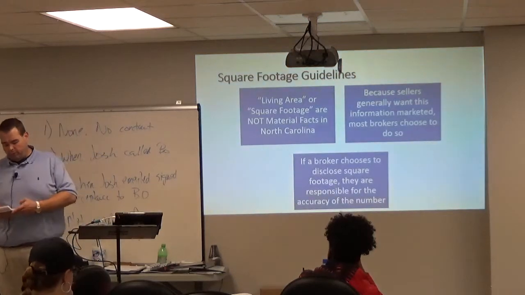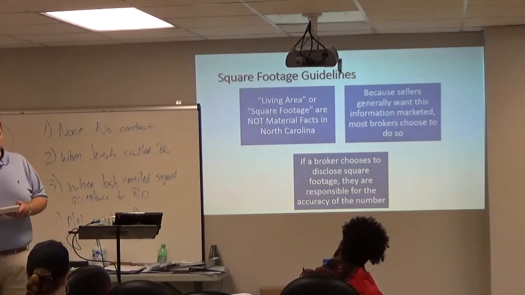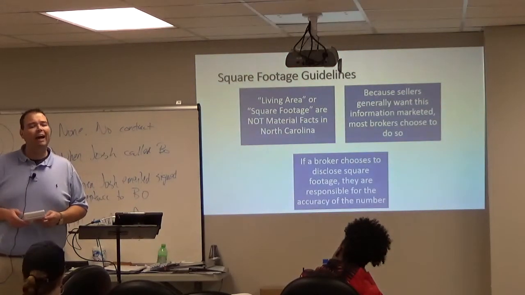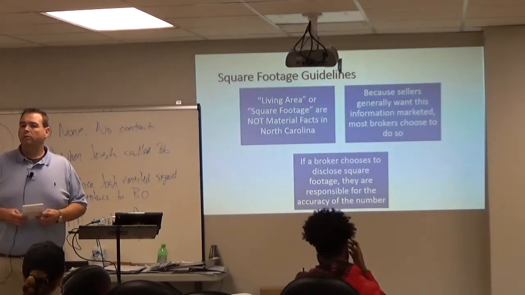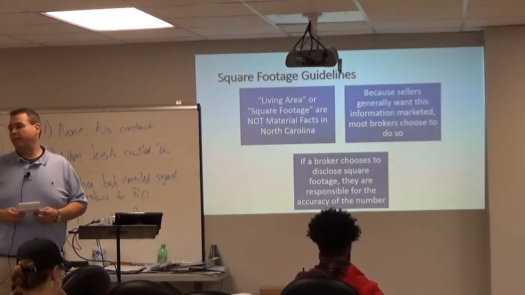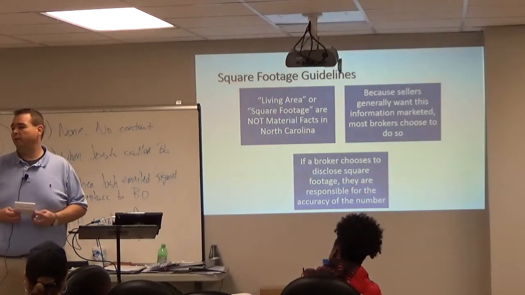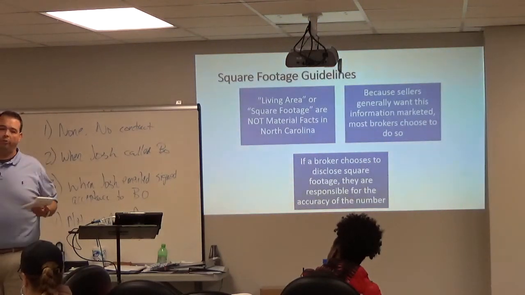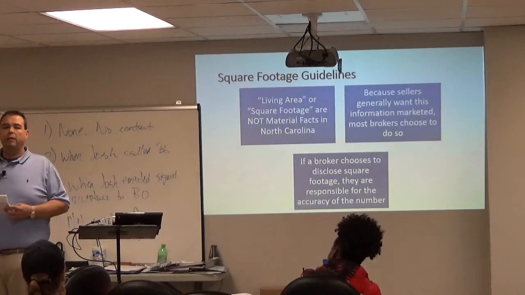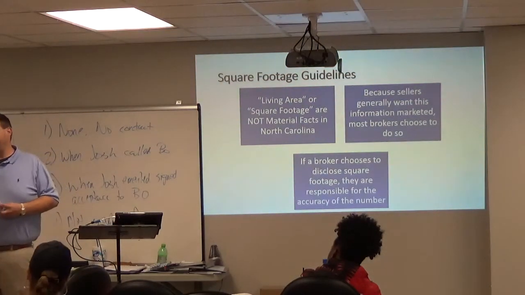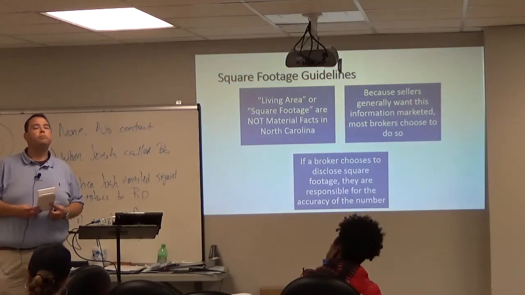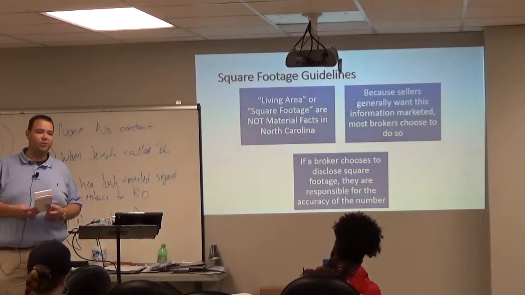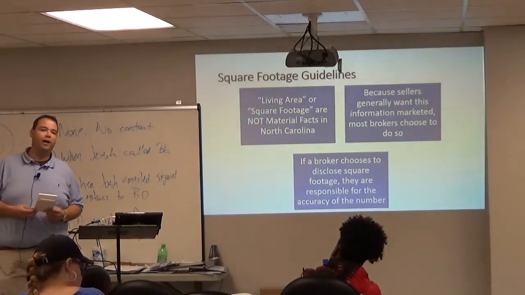I just talked to a broker up in Briar Creek a couple months ago. And she sold a house up there in 2005. That's a long time ago, isn't it? There's no statute of limitations on misrepresentation and omission, by the way. Wow. She was the listing broker. She listed the property for sale at 3,300 square feet. And it sold to buyers who she also represented. It was a dual agency transaction.